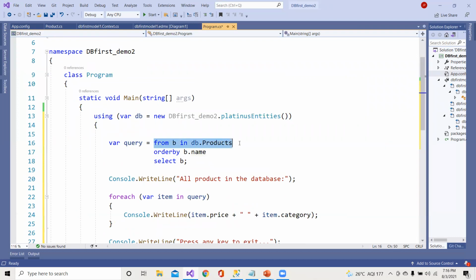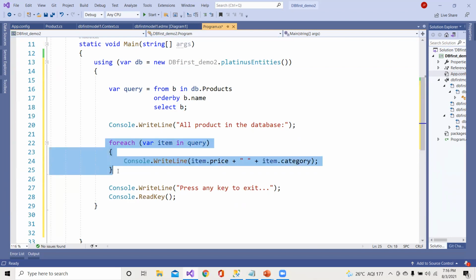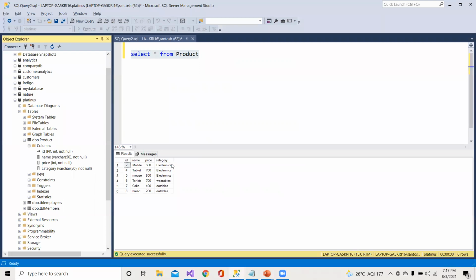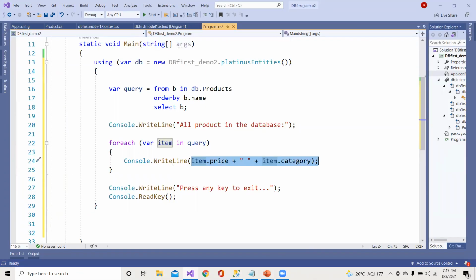We are trying to extract from the products table, ordered by b.name, the name of the products. I'm sorting it, and I would like to display all the items within the products. Using the foreach loop, I'm extracting the price as well as category related to the product. As per the table, I have ID, name, price, and category. I would like to extract the price and category of the particular item.